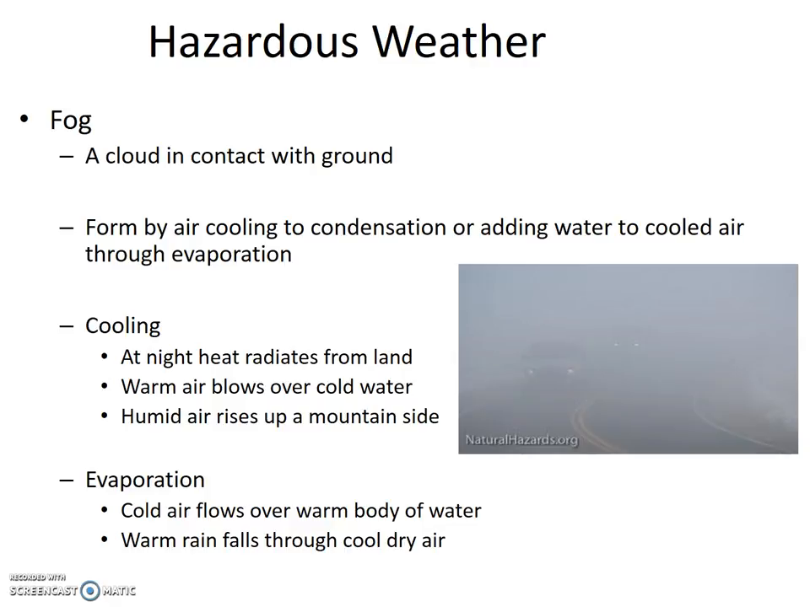Another type of hazardous weather is fog, which we all know is a cloud in contact with the ground. It forms by air cooling to condensation or by adding water to cooled air through evaporation. So there are two types of fog. First, cooling fog. This occurs at night as heat radiates away from the land surface and the air cools, no longer able to hold the moisture it could during the warm day, resulting in condensation. This cooling fog also occurs as warm air blows over cold water, which cools the air and again is no longer able to hold the moisture it could when it was warm, resulting in